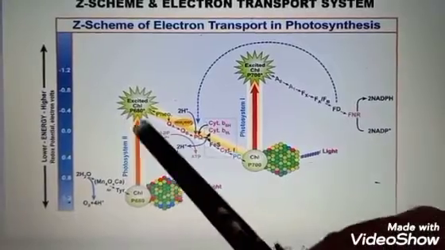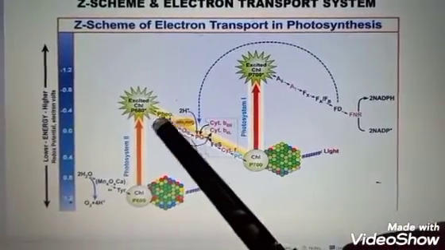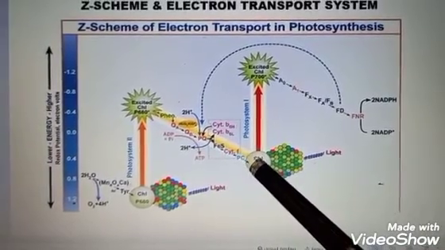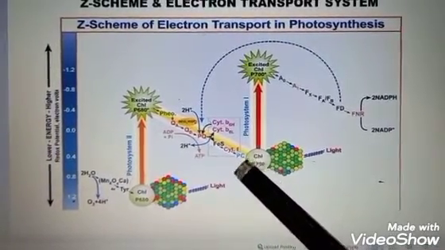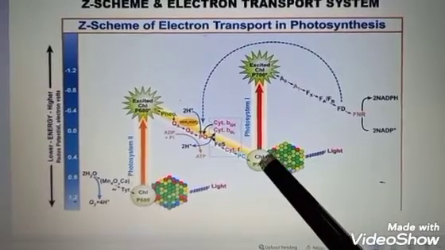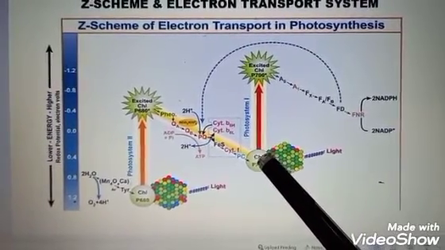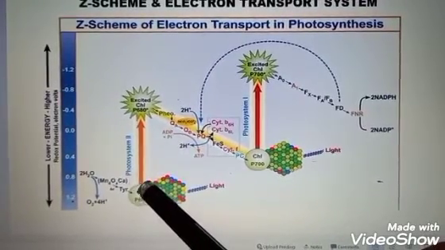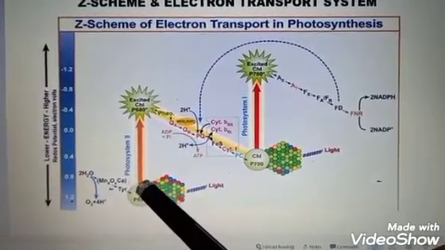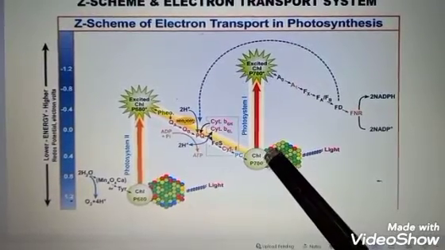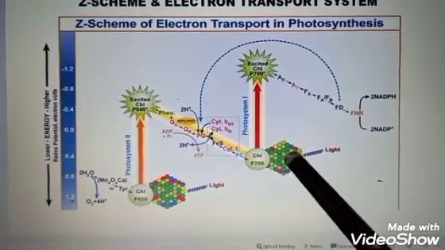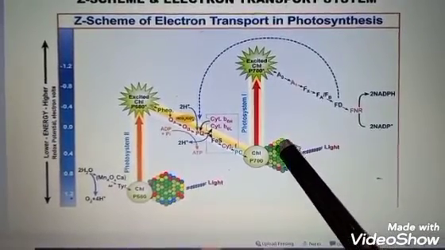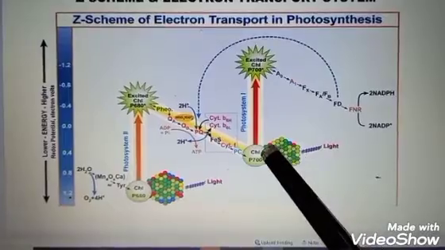Both the systems are interconnected through different electron transport carriers, that is pheophytin, quinone, plastoquinone, cytochrome f and plastocyanin. And as we know, in PS1 the chlorophyll a molecule is more in comparison to P680, whereas in P680 the chlorophyll b molecule is more in comparison to P700. There are so many photosynthetic pigments that absorb the light quanta, and after absorbing they migrate these light quanta to the reaction center.